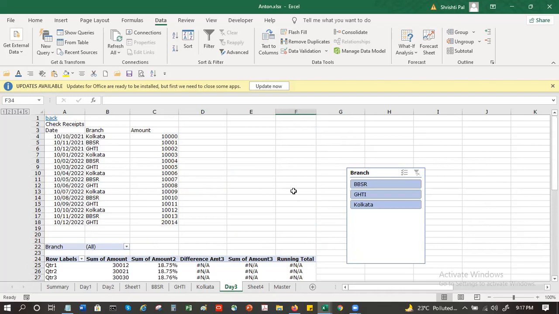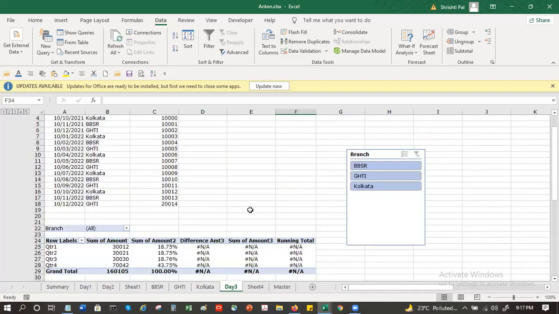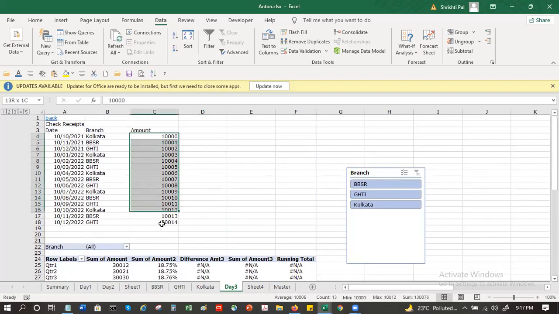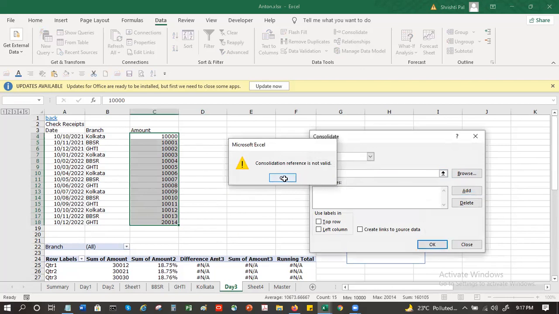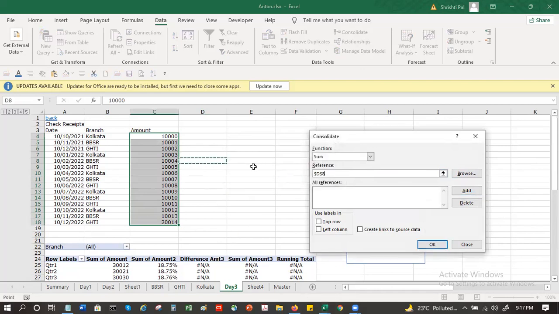So what I can do here is, suppose I have one range here like this, and I go to consolidate and I say add.